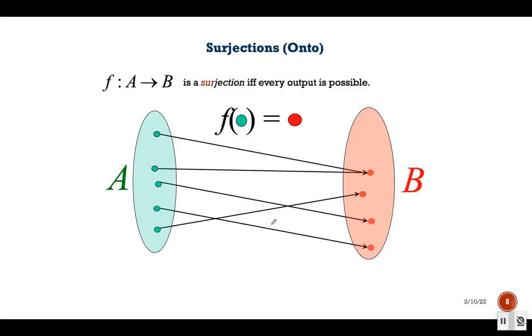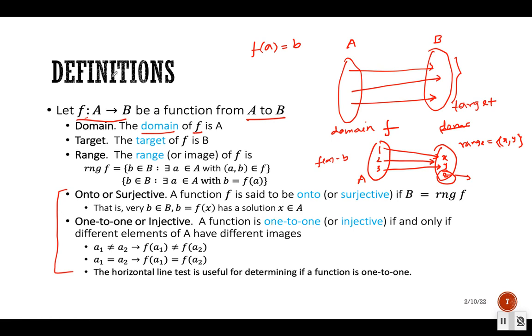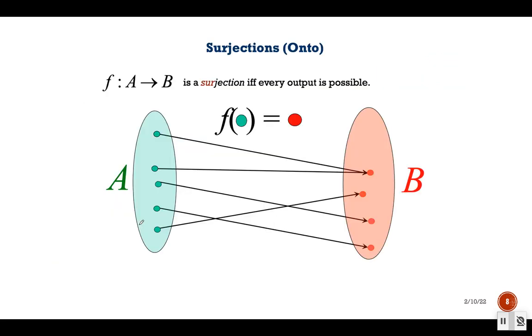So in this segment we are going to see different types of functions. We have two types of function: surjective, or onto function, and injective, or one-to-one function. So let's see an example. First we are going to see a surjective function, or the process is known as surjections. A function is known as a surjective function if every